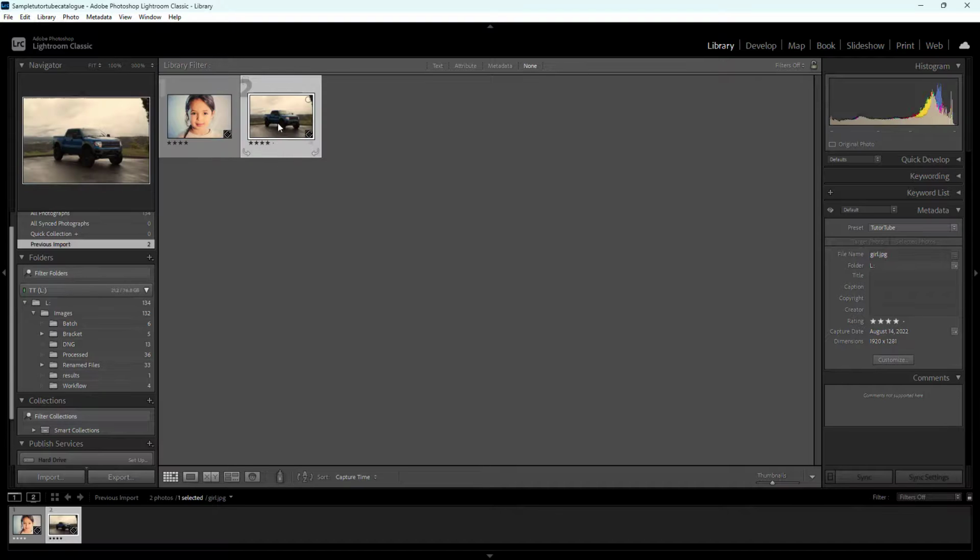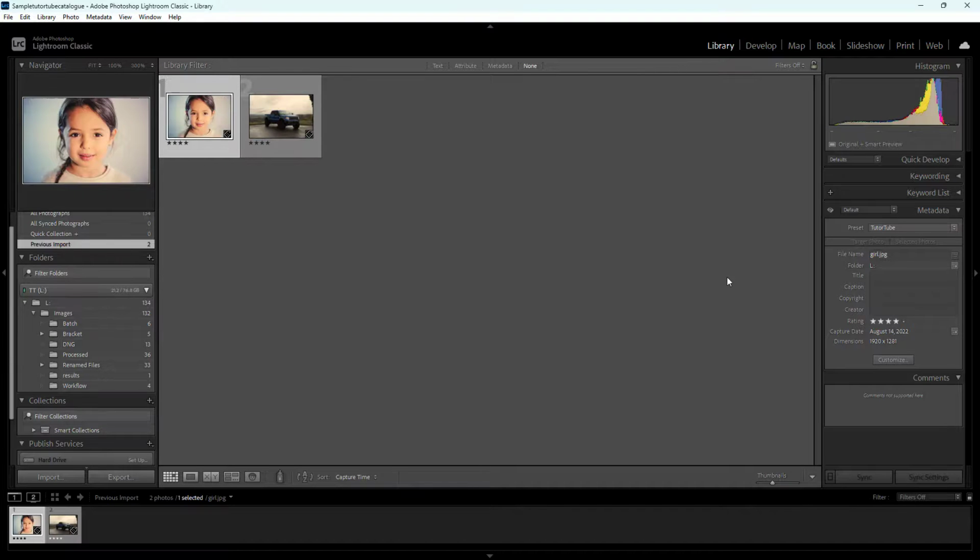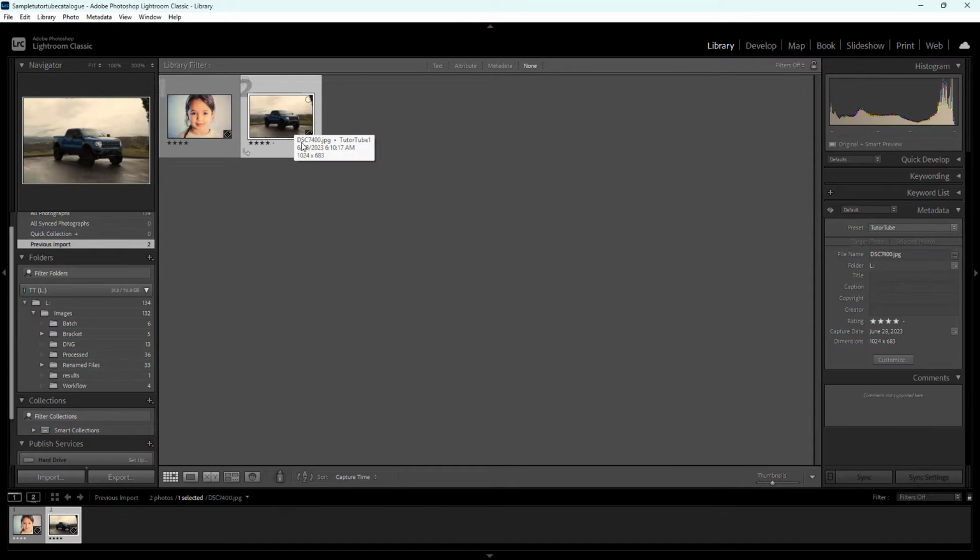So this is what you have right here, and these are quick previews, which help you access the photos faster. And that is how you can choose a preview mode during import inside of Adobe Photoshop